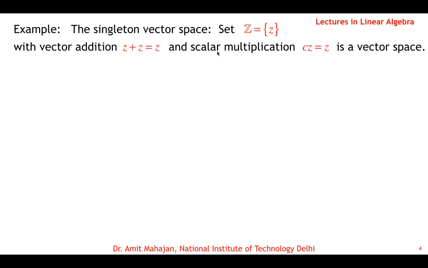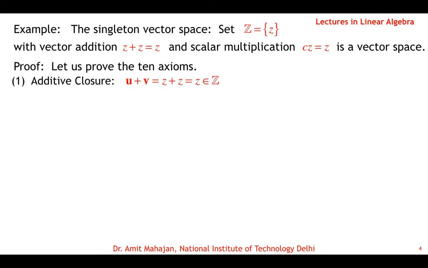So we will prove that if we consider this singleton element set with these two operations of addition and multiplication, then it will satisfy all the 10 axioms that we have defined for a vector space. Okay, so let us prove the 10 axioms, and we will show that this set is a vector space. So the first property says that